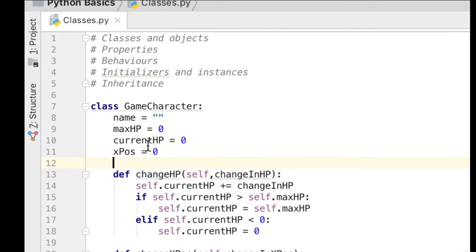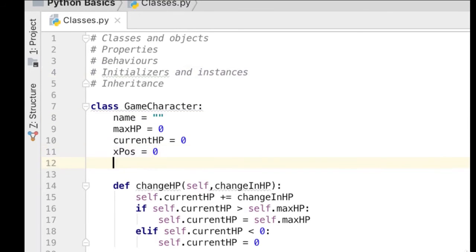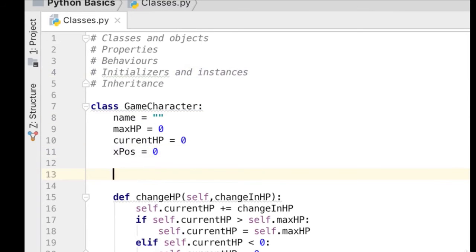As well, at any point in time, our character will have these 4 attributes with some actual values in them. So, how do we set up a new instance of a game character? So essentially create a new game character object, because this is just the class definition right now. Well, to do so, we need what's called an initializer, which is a very special type of function. This will help us to create what are called new instances of game character, and then populate some of the